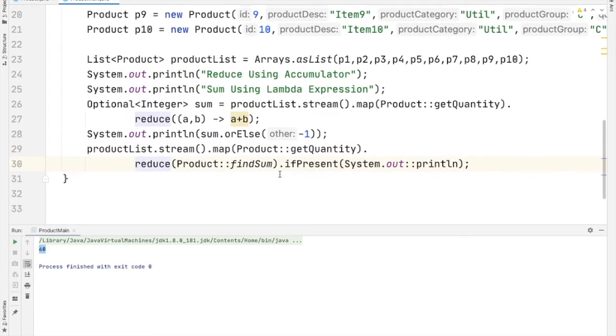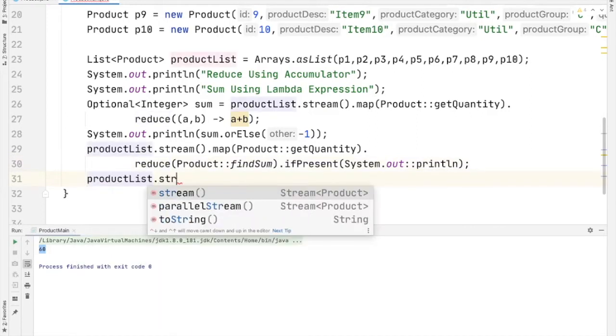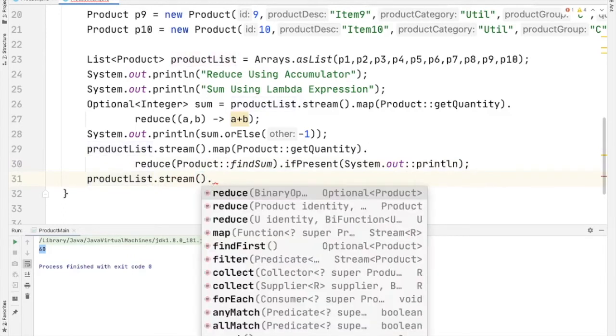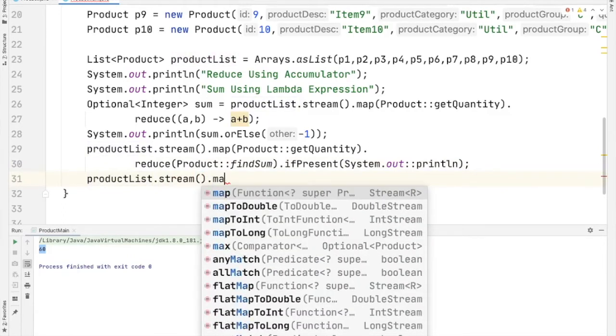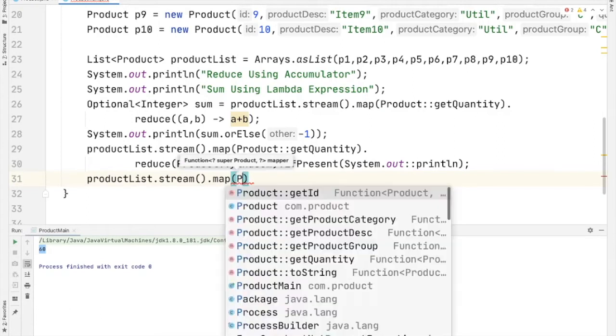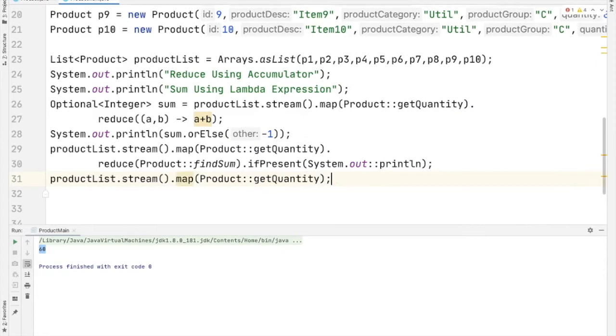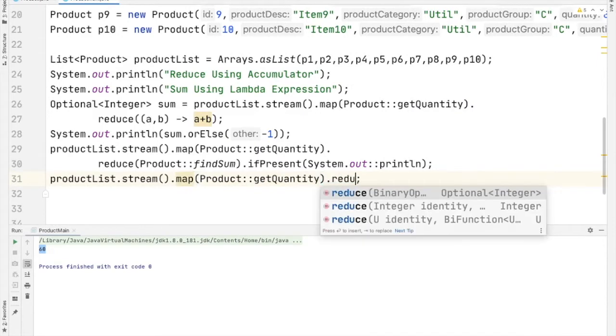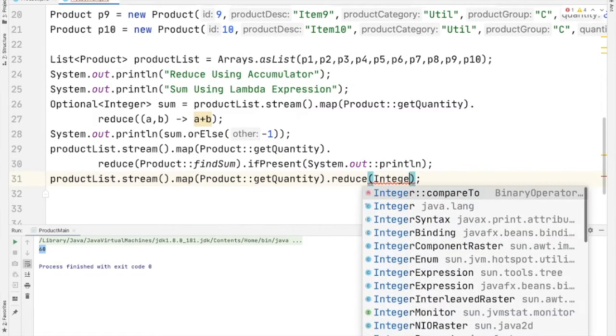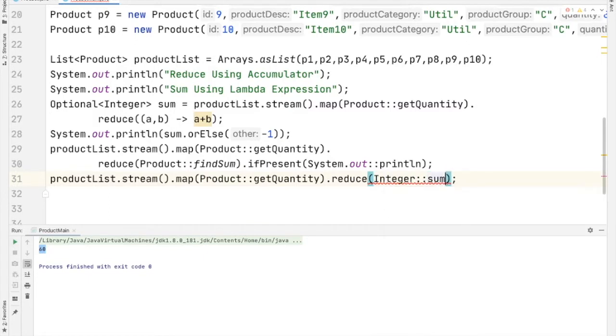Next, let us see another way of finding the sum using the sum method from the Integer class. So after that, we'll run the code all together. productList.stream().map(product::getQuantity).reduce(Integer::sum).